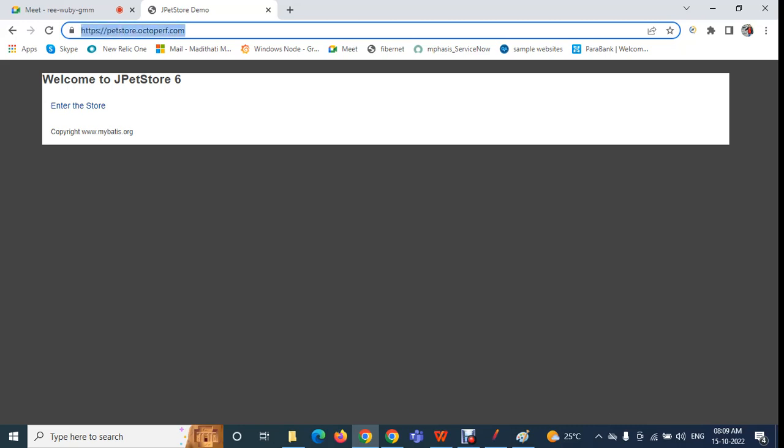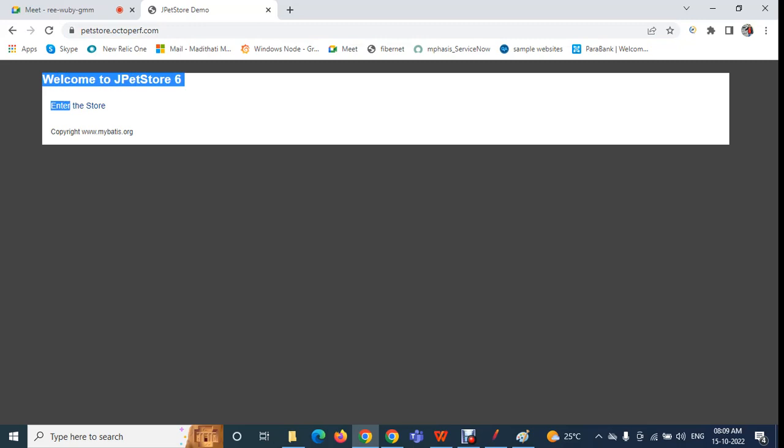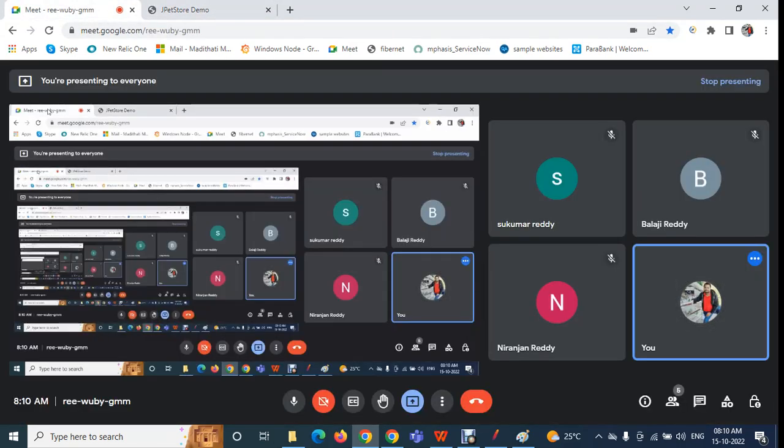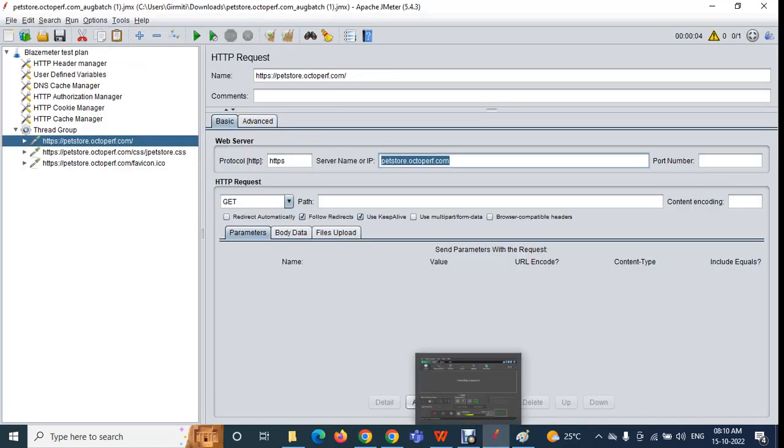I have entered the URL and clicked the enter button, right? So I am getting the response. This is the response. This we call the response. We have received this from the server, the application server, right? JBed story is also an application server. From there you got this particular response. So where should I see all this: which request I sent and what response I got? Those things you should know. So you need to add the listener. How can you add the listener?